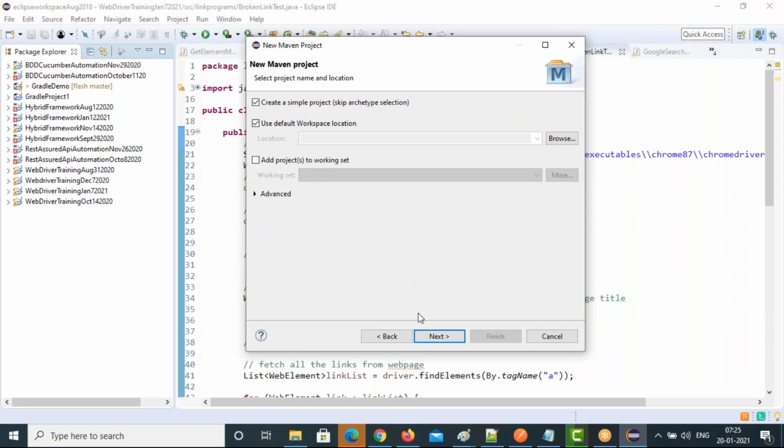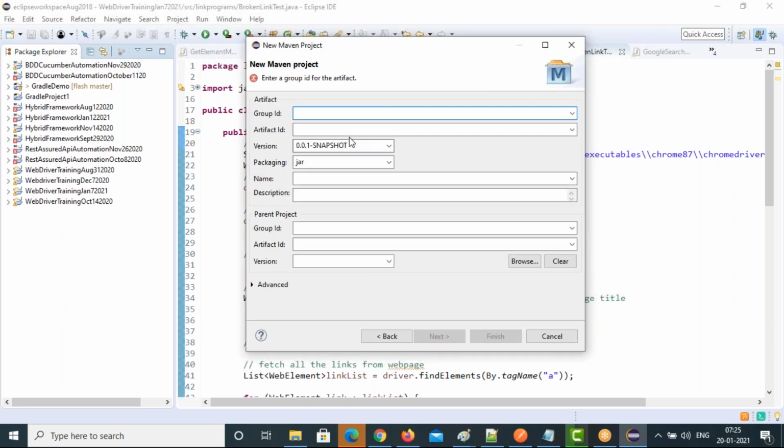Create a simple project. Next, and give REST Assured API testing, Jan 2021. You can give the same name as the group ID and artifact ID, or a different name.